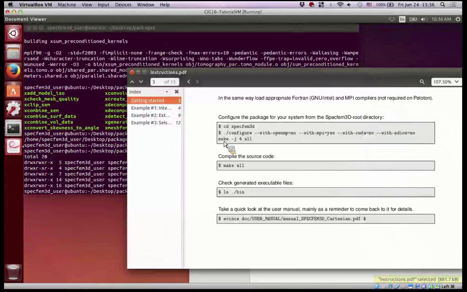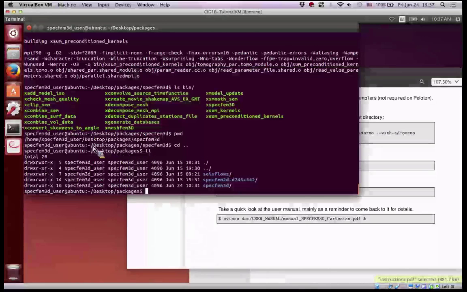Yeah, so for this, there is a mistake, as there is discussion. There should be a $ sign here. It's a separate command in that line, just to specify the number of cores at the step of compiling the SPECFEM. It's not the number of cores we will use for the simulation, just to speed up this process of the SPECFEM installation. So then you type make all, and you should be able to